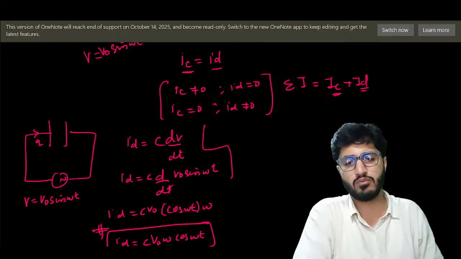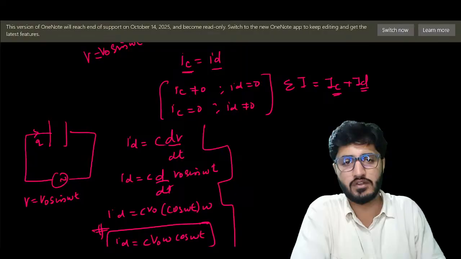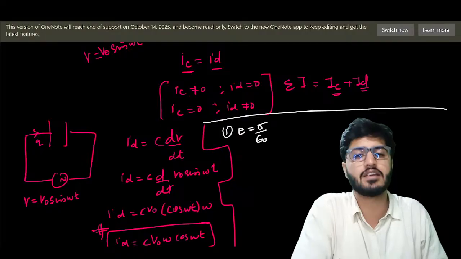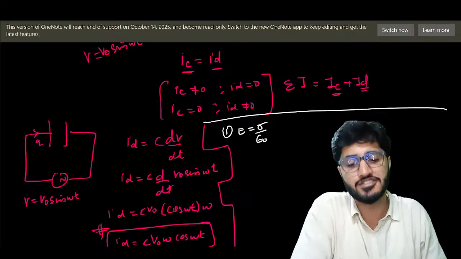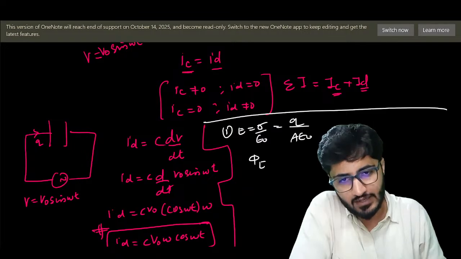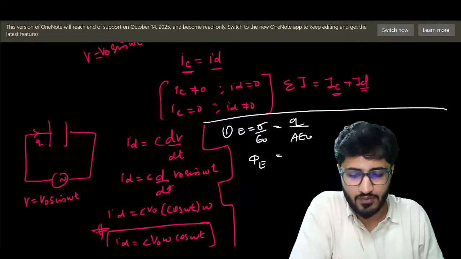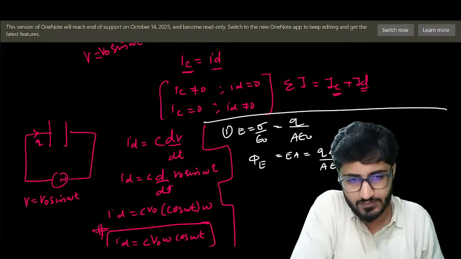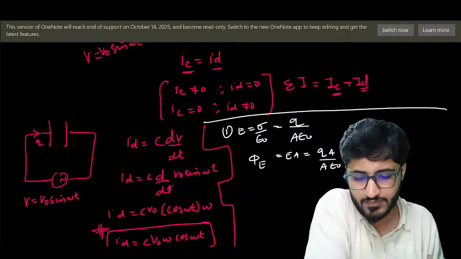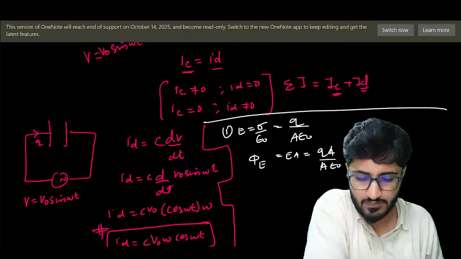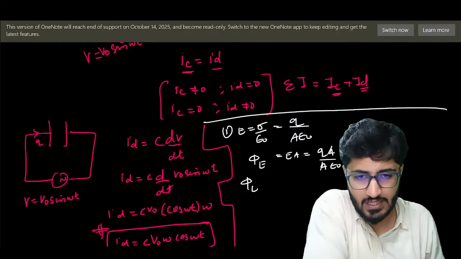Or if you want more of the derivation, I will show you the derivation from the chapter. First, E equals sigma by epsilon naught, the electric field due to the capacitor. Sigma is Q by A epsilon naught. What is phi? It is the electric flux, E into A. So phi equals Q A divided by A epsilon naught. The A cancels out, so phi E comes out to be Q by epsilon naught.